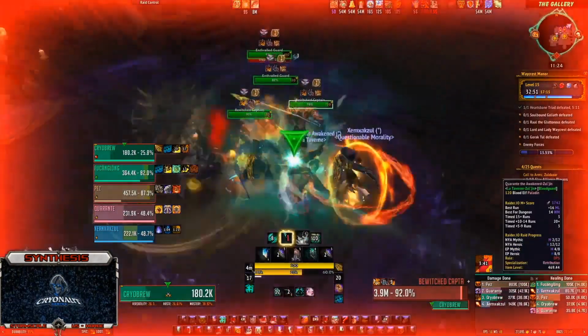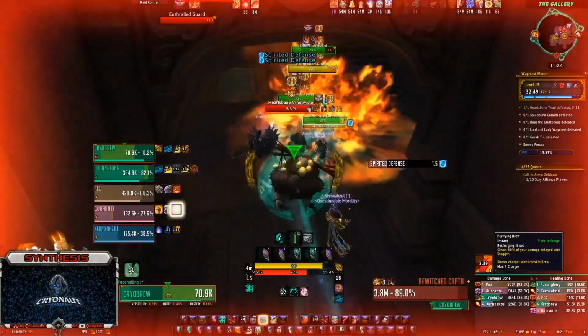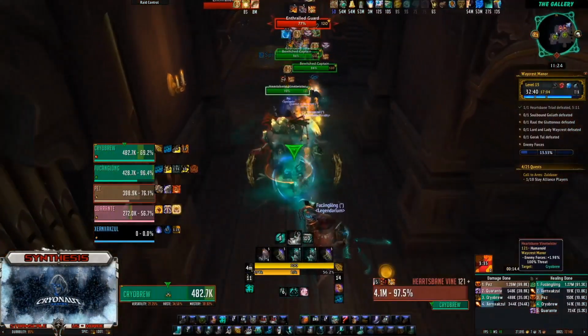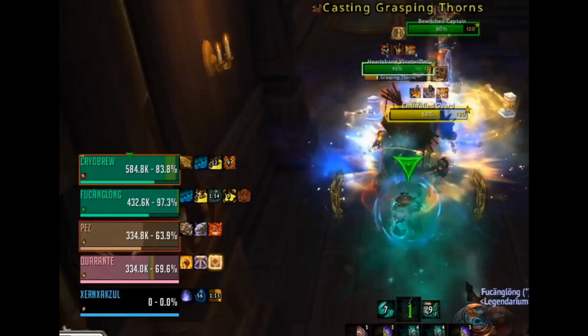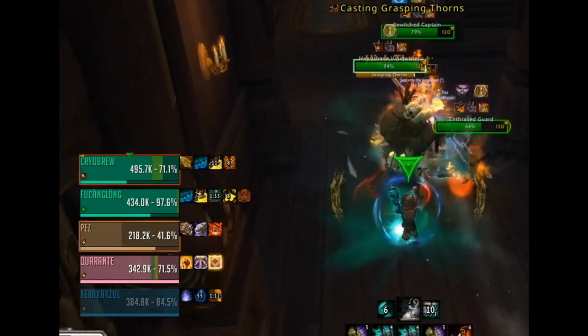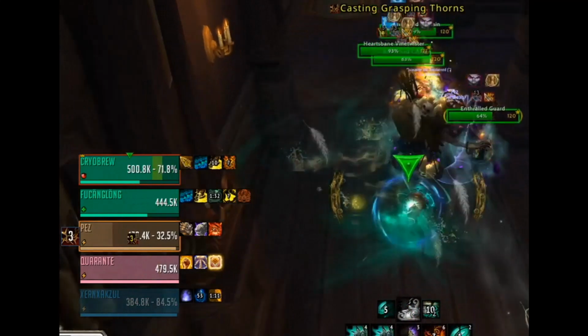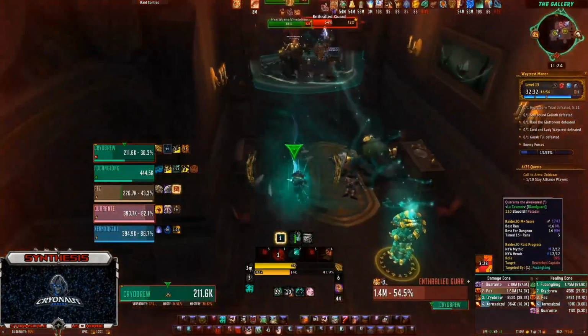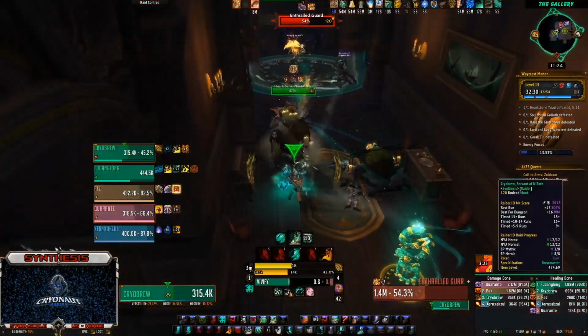Again, here we have another Bewitched Captain, and then we accidentally pulled a Vine Twister, which could spell trouble, but we ended up handling it okay. She casts Grasping Thorns. It does put a dot, a nasty dot. Our warrior is able to enrage regen and heal himself up from it, but go ahead and interrupt it if